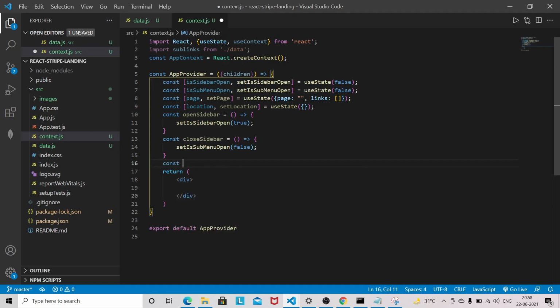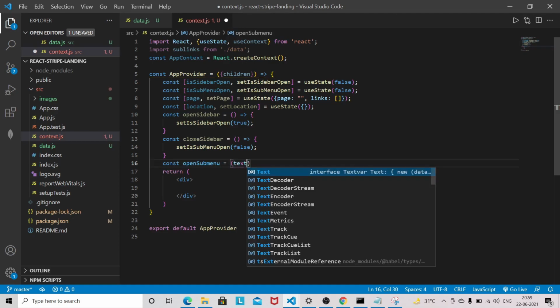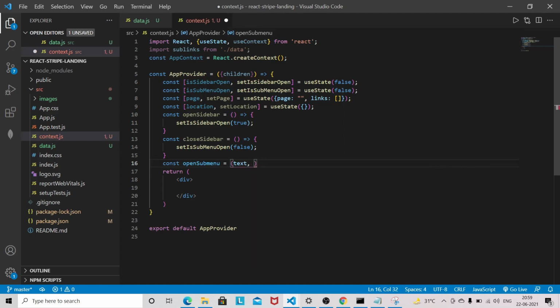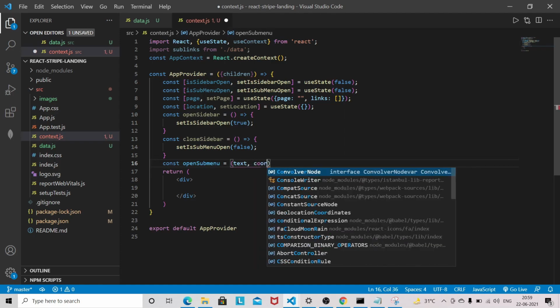And for opening the submenu also we need to define some helper method. So const openSubmenu, it will accept the arguments text and coordinates.